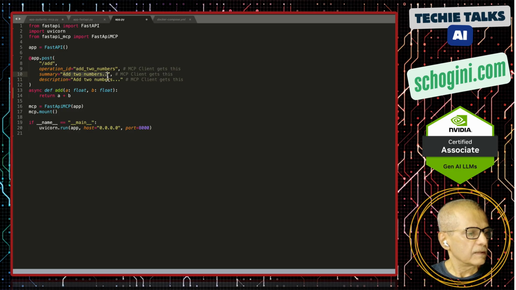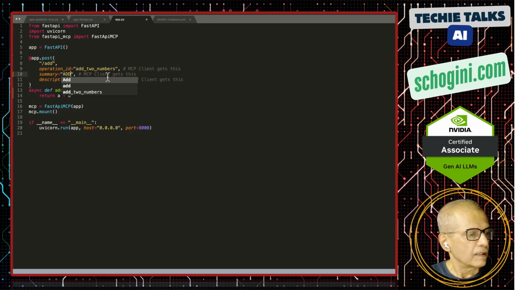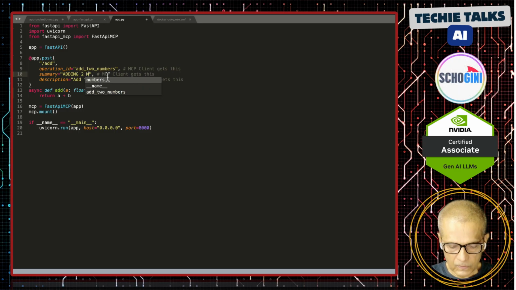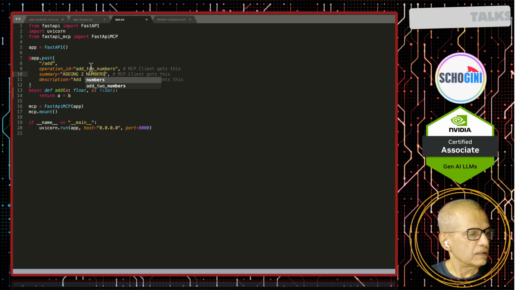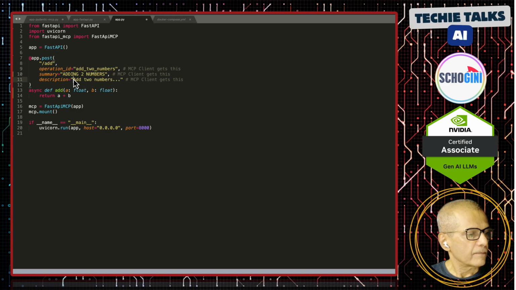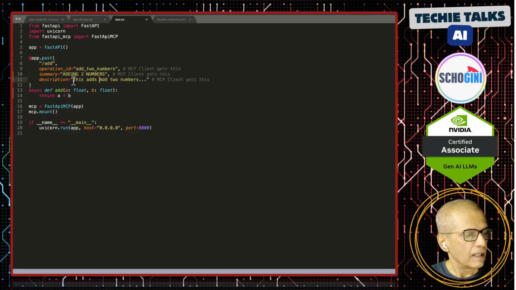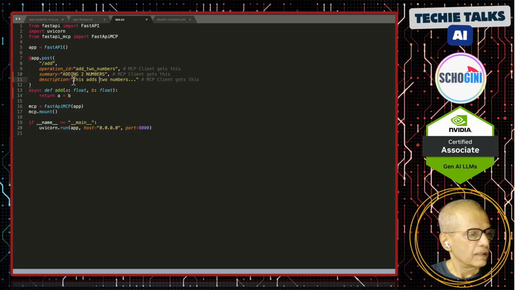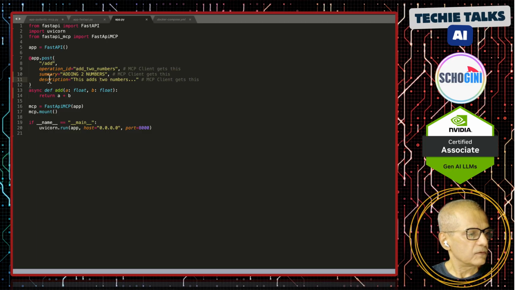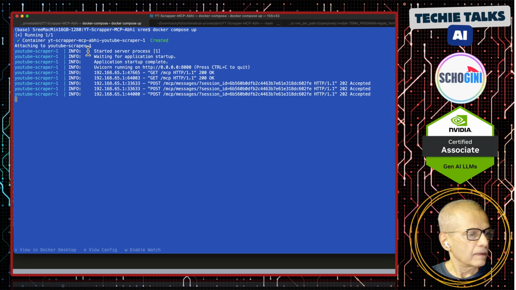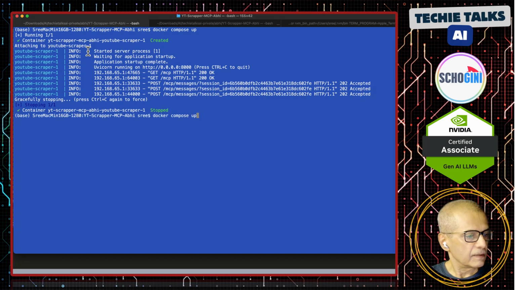Let's make it all uppercase, adding two numbers, just to differentiate. And the description: this adds two numbers. So I'm giving operation ID, summary, and description in the decorator to our tool. Let me restart the application